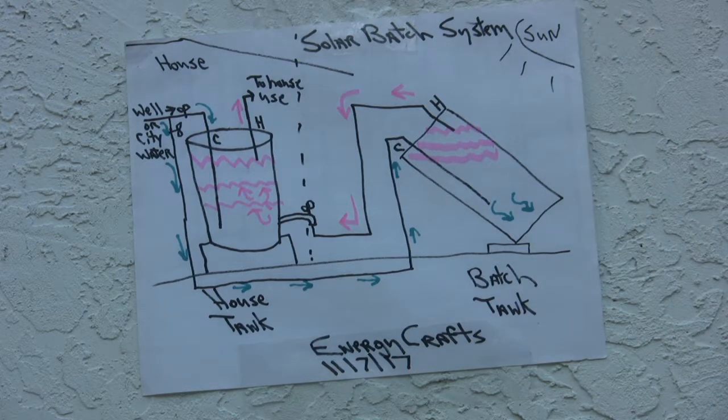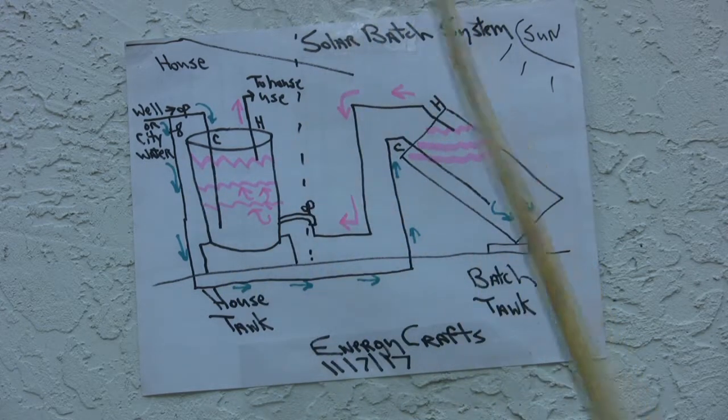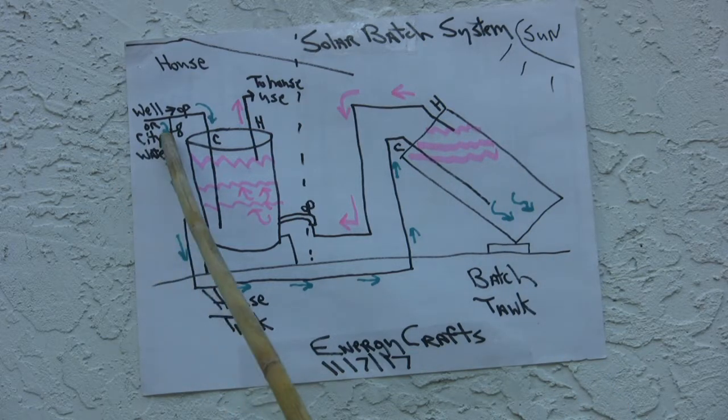And as far as cost, I would say that it saves me probably between $10 and $12 a month during the months that I'm not using this electric hot water element. Now that I'm getting ready to turn that on today, it still is going to be a savings to me every month because the sun always warms that up some. Even on the coldest day of the year, this tank is going to warm up some more than what the city source or the well water is going to be. There are exceptions to that because in the wintertime it's a little bit different than in the summertime, but in general that's the trend. So I would say it saves me, but right now it's saved me about $12 a